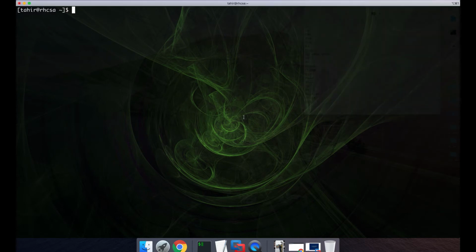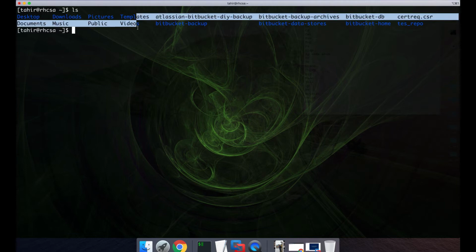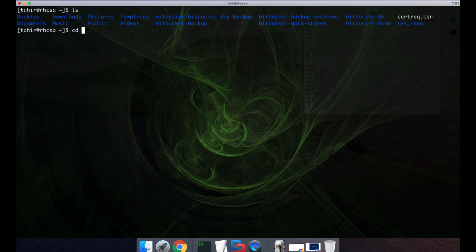cd is simply used to change directory. Let us see. There are directories like desktop, downloads, pictures, templates in our current directory. If I want to move to downloads, I'll say cd downloads. Just type cd do, then tab, and it will autocomplete itself to downloads. Similarly, if you want to move back to the parent directory, cd double dot, and it will get back to the parent directory. If you want to go to the home directory,